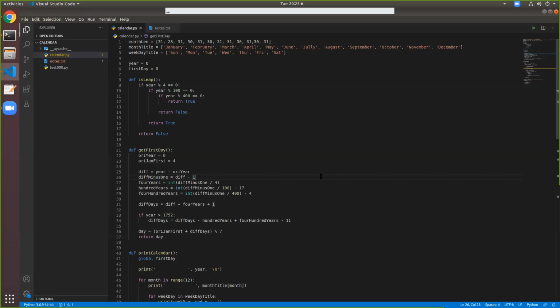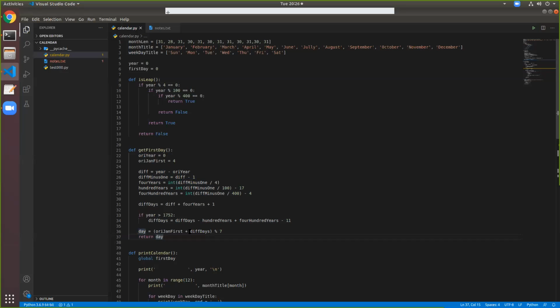In terms of getting the first day, many people end up using datetime.date or the built-in library. Well, that's a fast approach and it's good. But if you ever want to brainstorm a little bit or just burn some of your brain cells for fun, then you can look into that. How I end up doing it is